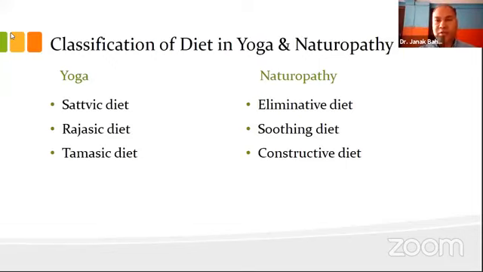When we correlate diet with immunity, the sattvic diet and rajasic diet are more convenient for improving our immune function, and the tamasic diet, which is a lethargic or unhealthy diet, will decrease our immune function. In naturopathy there are three main types: eliminative diet, soothing diet, and constructive diet. The eliminative diet means the diet which